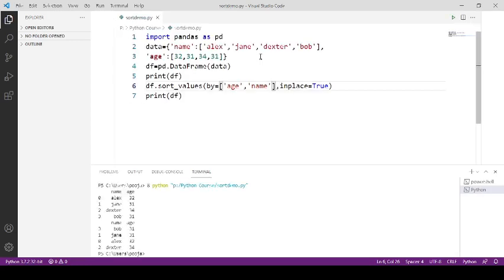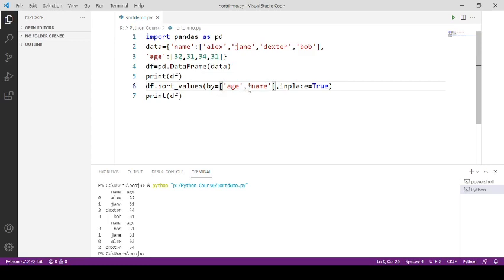Now you know the purpose of using multiple columns to sort data. When we pass multiple columns, it will sort data based on the first column. When values of this column are the same, it will sort data based on the second column.